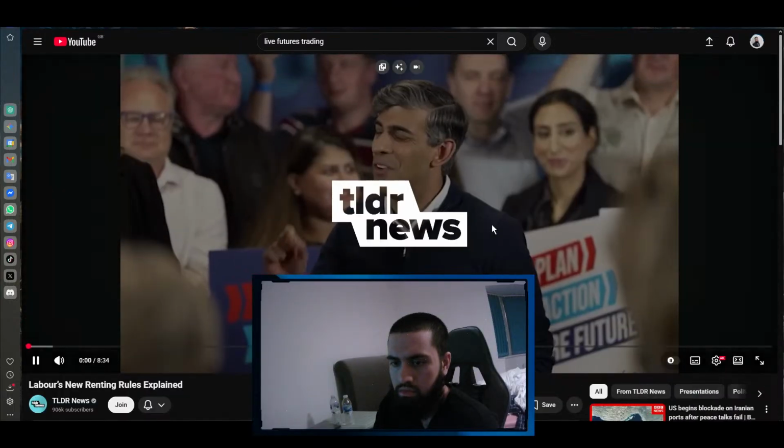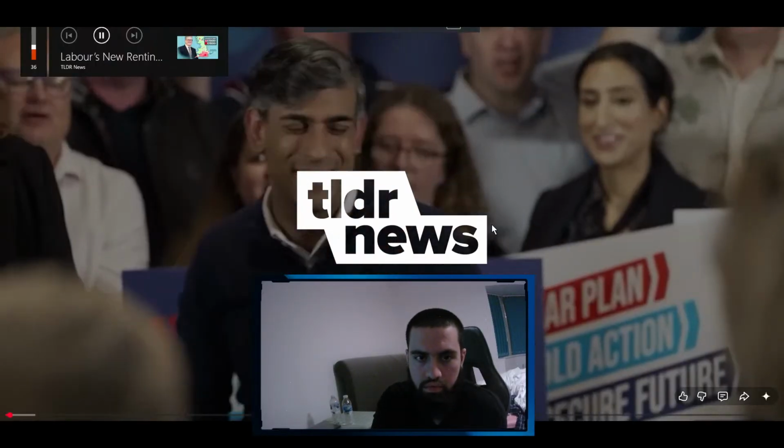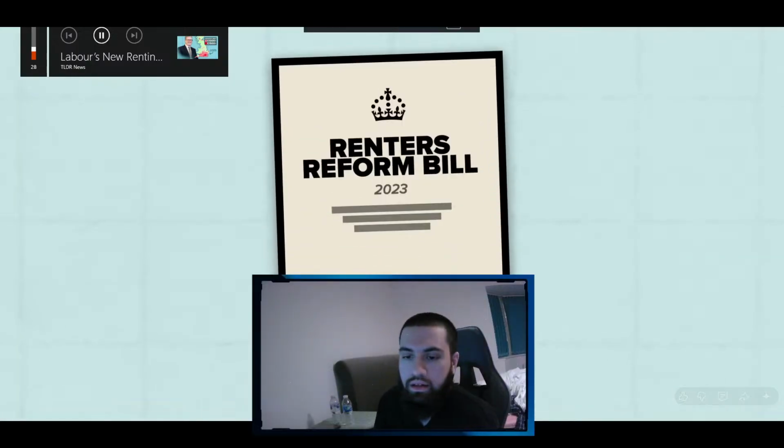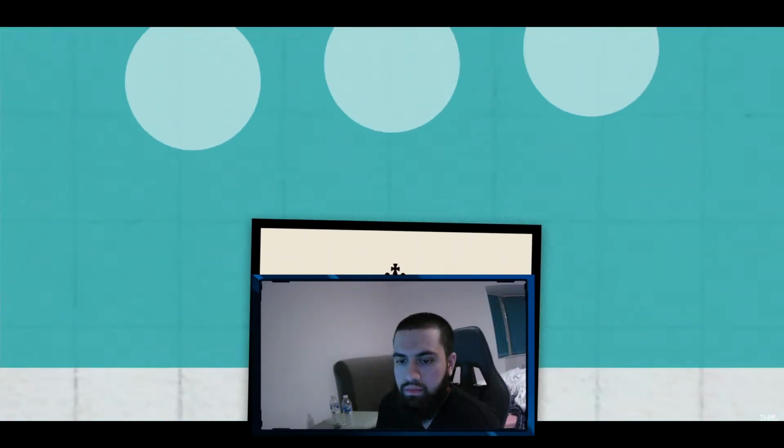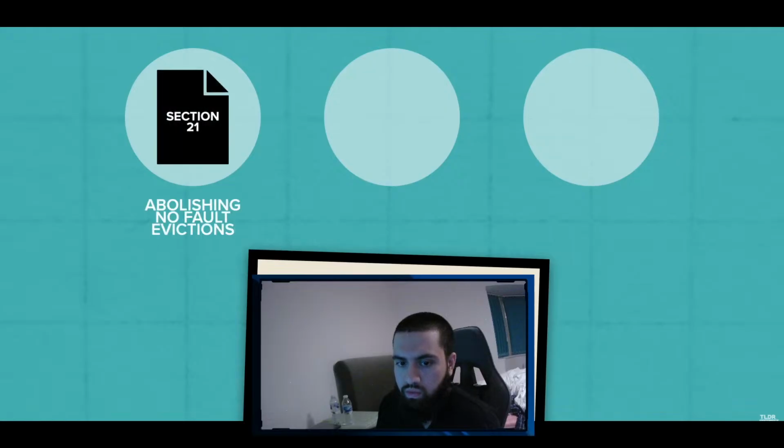All the way back in 2023, the Conservative government, then led by Rishi Sunak, introduced the Renters Reform Bill, aimed at improving renting for tenants by, among other things, abolishing no-fault evictions, establishing a